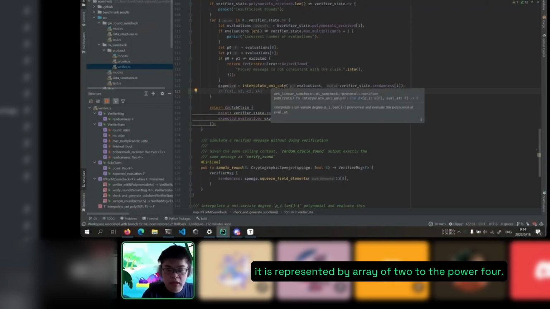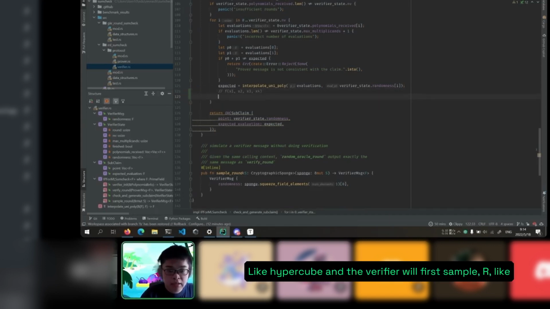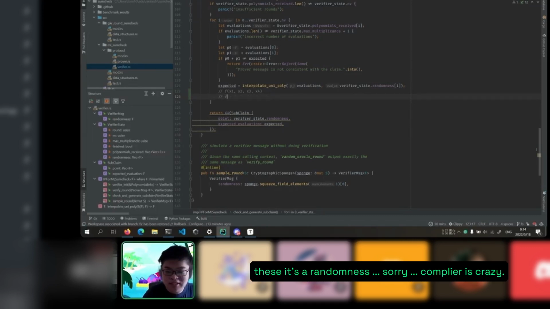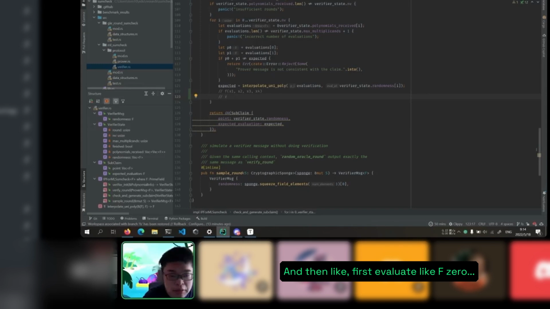It is represented by an array of 2 to the power 4, like a hypercube, and the verifier will first sample r, which is a randomness. Sorry, GitHub compiler is crazy. Yeah, sample some r, and then it will